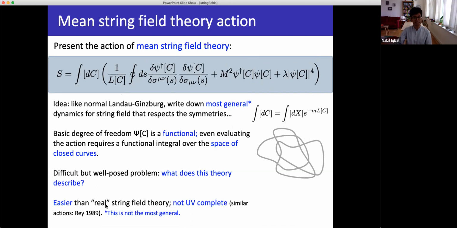And finally, this is a string field theory. We thought we were making this up, but it turns out we learned much later that similar theories had been written down quite a long time ago, because Tsuguo Kaku wrote down something very similar in 1989. But the application for that was to fundamental string theory, the normal string theory that describes quantum gravity. We're not trying to describe that here. We're trying to describe the low energy dynamics of phase transitions involving one-form symmetries, like gauge theories, lattice gauge theories, things like that. That's what we're trying to do here. In particular, this theory is going to be completely wildly non-UV complete, and we'll see that as we go on. So this is the theory that I will now describe for the rest of this talk.